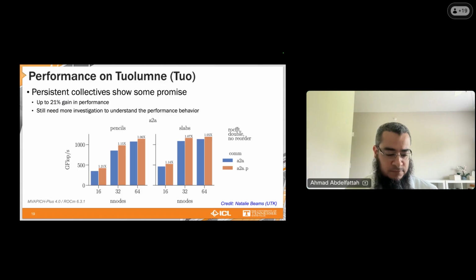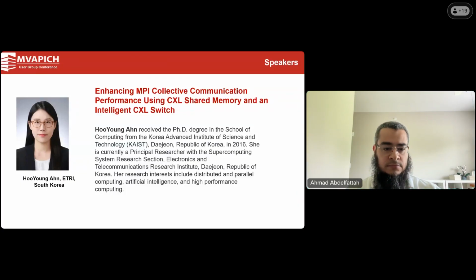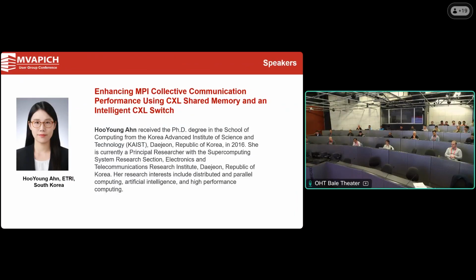So if you set this up one time, you can use the same context to execute the subsequent calls for all-to-all, and that saves some time. Natalie was not able to grasp the performance behavior at scale and why it goes down. I should also point out that this is not the latest from NVIDIA, so we were not able to get the latest build because LUMI is a little bit restricted. We would like to try the latest release and see if we are able to get better performance.